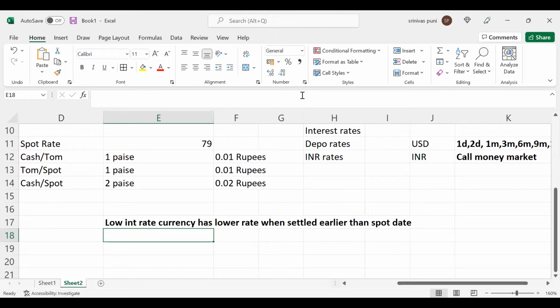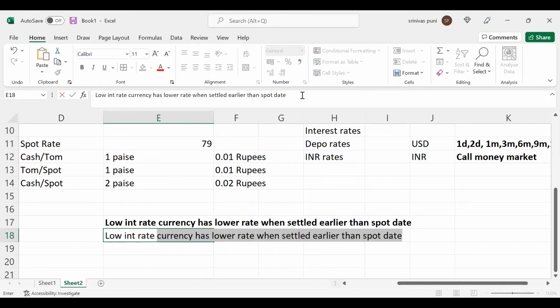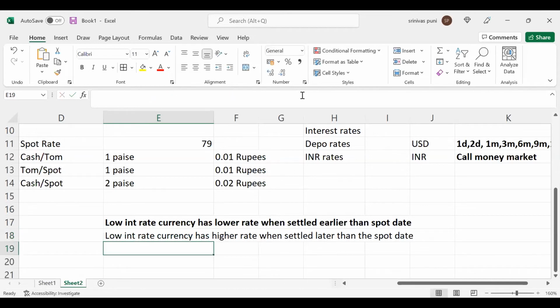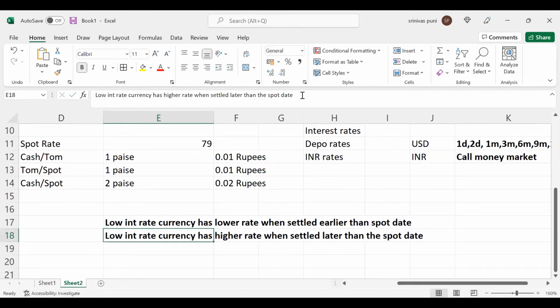By the same logic, low interest rate currency has higher rate when settled later than the spot date,